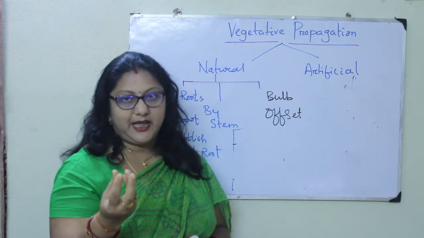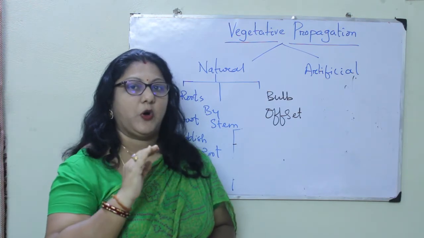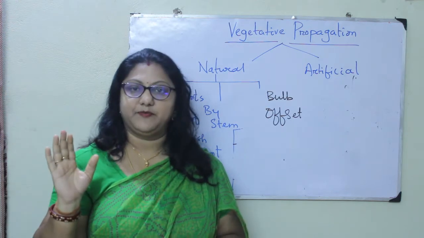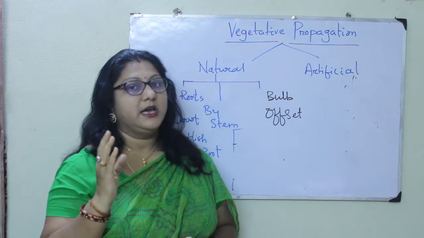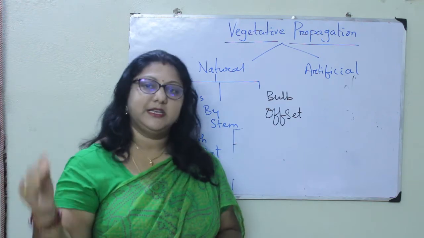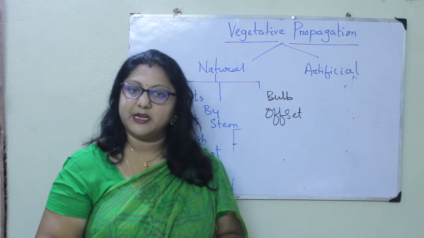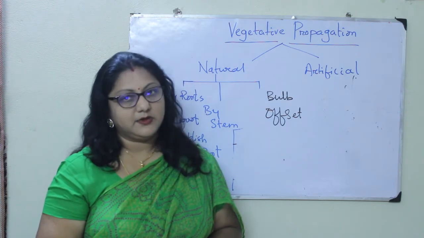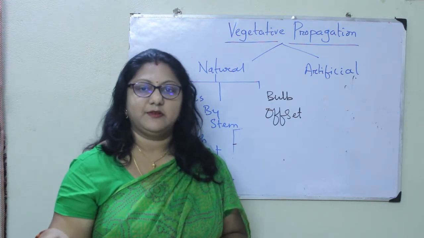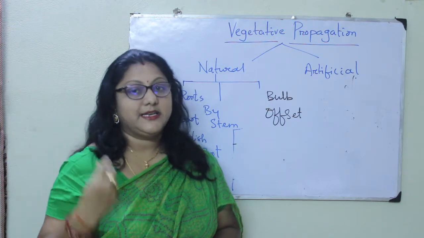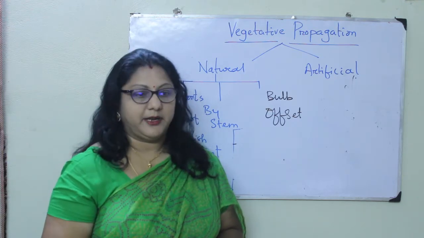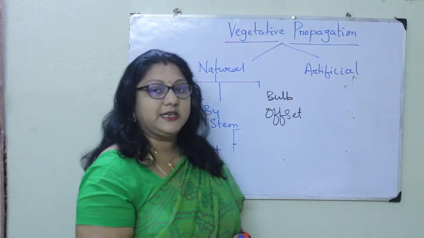So the bulb-like structure are found in all the Liliaceae family. We have studied Liliaceae family in class 11. So all the Liliaceae family members, onion is also coming under that, the garlic is also coming under that, and all the lily flower varieties, all of them, they develop from the bulbil or bulb. Clear? Okay.